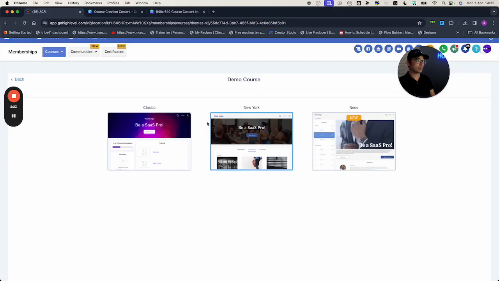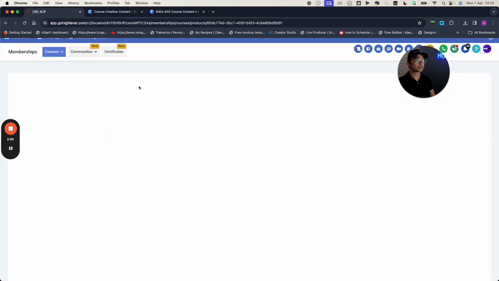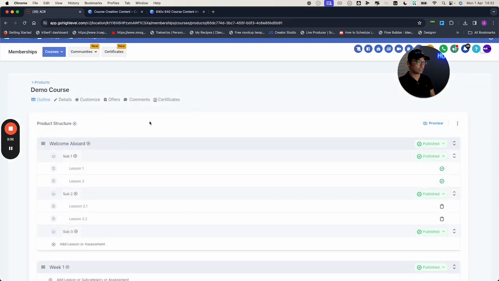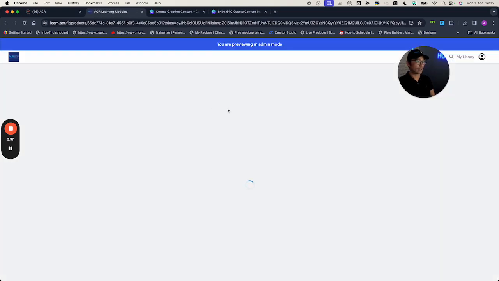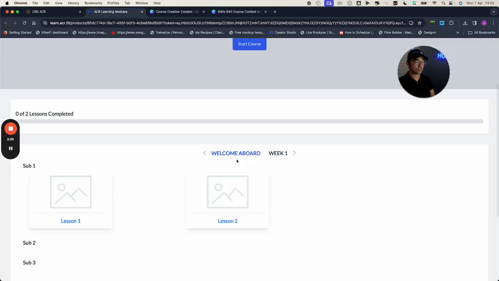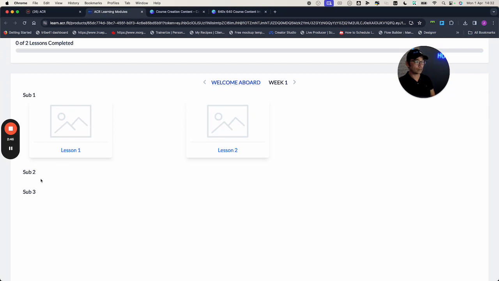Go back to here and let's move this out of the way. This is a demo course. I'll go to the preview screen. Once you do that, you can see we've got the different categories on the top, and within the categories we have got the different subcategories. And then if I had different posts in there, it will appear as lesson 1, lesson 2, and I'll go to week 2, which is a different category. I don't have any lessons in there at the moment, so it doesn't appear,